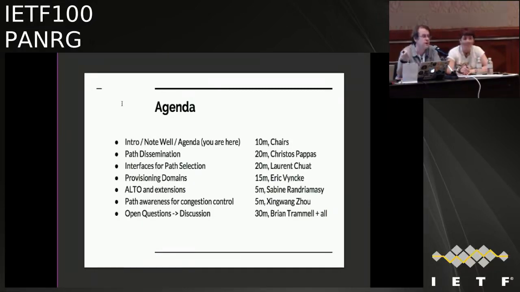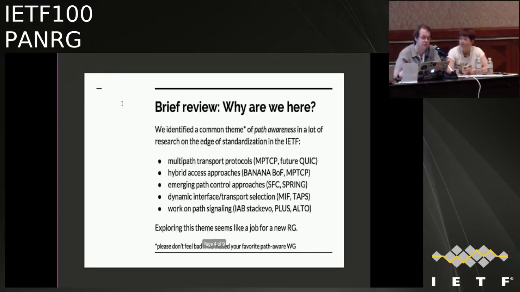Since this is a proposed research group, we have a lot of time at the end for general discussion. One of the things that we're looking for here is interest in this topic, at the interface between research and the IETF. What should we be looking at as chairs for the agenda for next time? Is there interest in working on any documents talking about frameworks or looking at things that have already been done within the research group? So we're going to have, hopefully, a relatively long and interesting discussion about that.